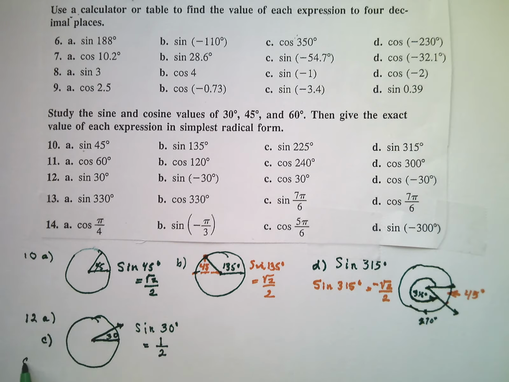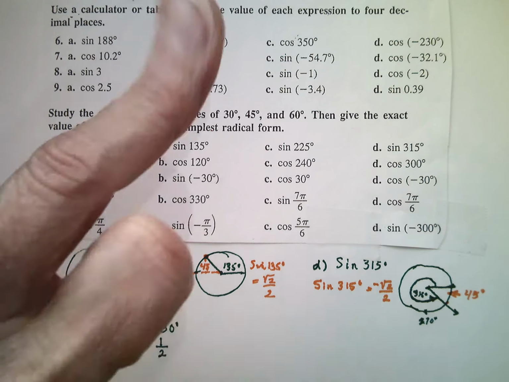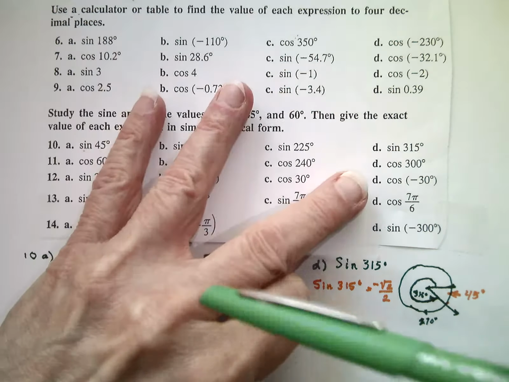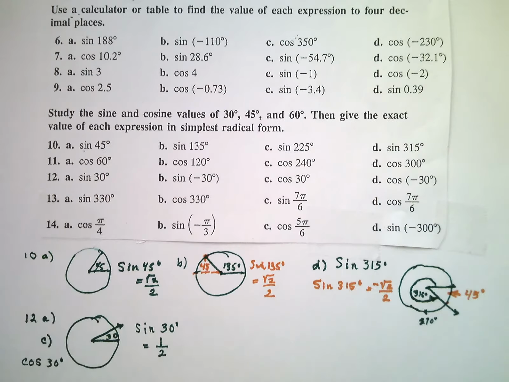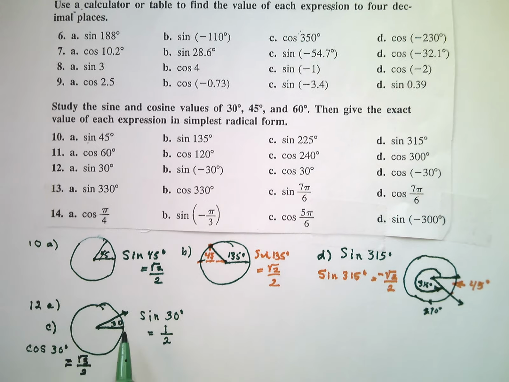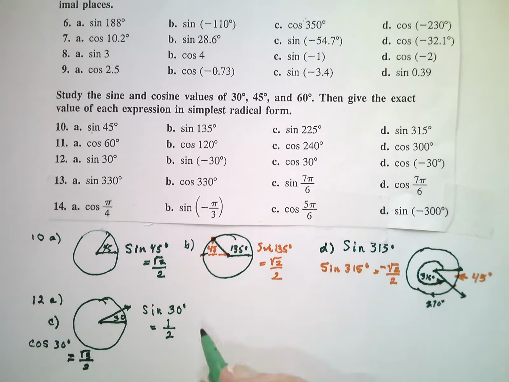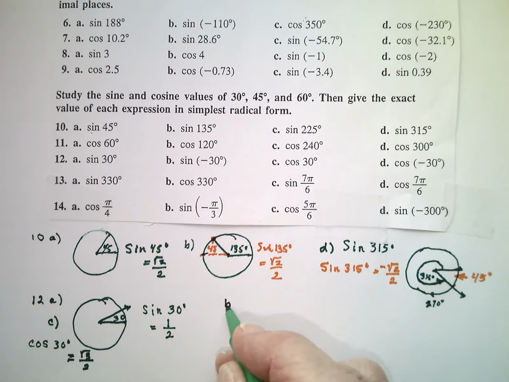For part C, the cosine of 30 degrees is going to be, coming from the pinky on down, the square root of 3 divided by 2. And it's in the first quadrant. Everybody's positive in the first quadrant. For parts B and